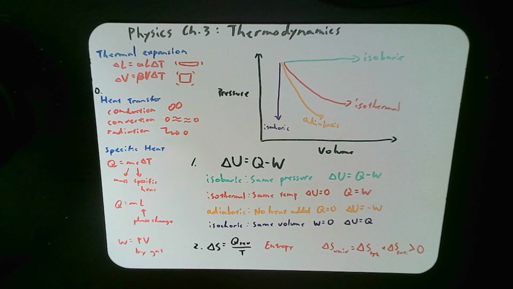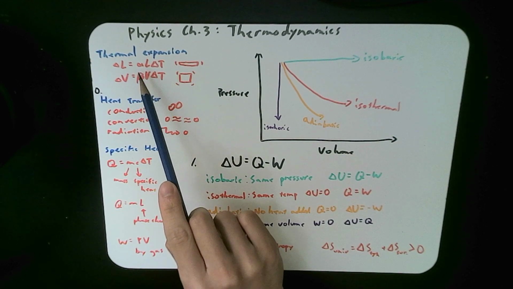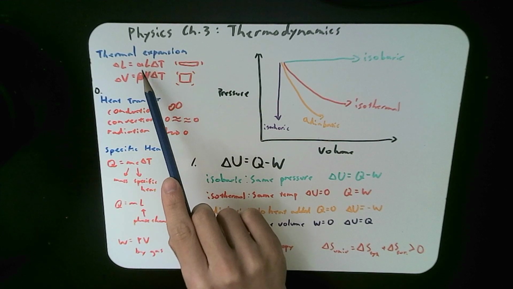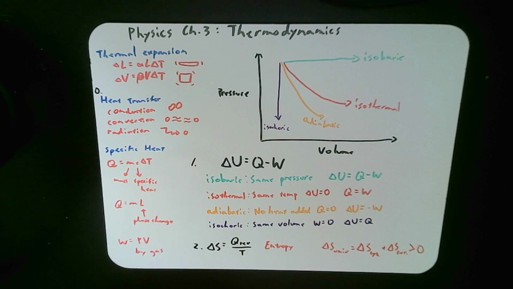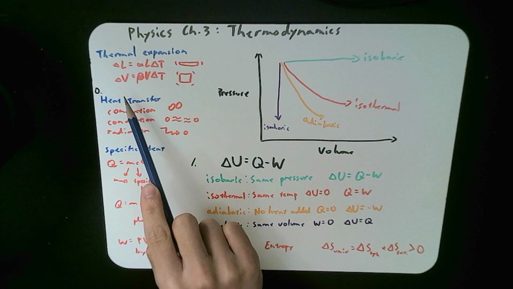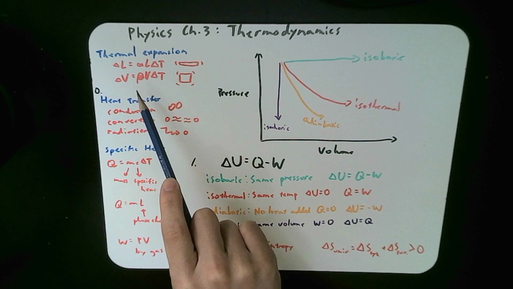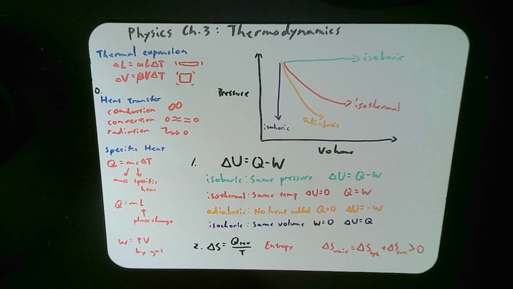Thermal expansion states that if you heat up an object enough, it's going to expand. Lengthwise, it will be expanding by this: the change in length will be the specific constant for length expansion multiplied by the original length times the change in temperature. Note that because it's a change in temperature, it doesn't matter if it's in Kelvin or Celsius. Actually, no, it can't be Fahrenheit. Sorry, Celsius or Kelvin. And volume will be the same: